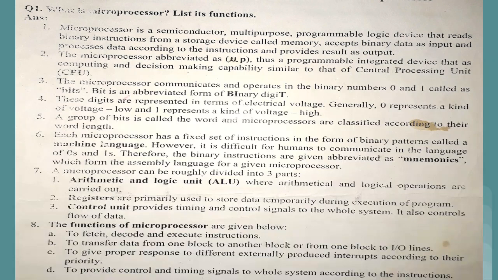Like in normal computers we are using monitor as an output device, but in case of 8085 microprocessor we are going to use the 7 segment display, that is one kind of output device. Then like in the computers we are having RAM, ROM, different types of memory. So similarly in case of microprocessor also we are having a special area which is reserved to store the data or the information, and that area is nothing but the memory.